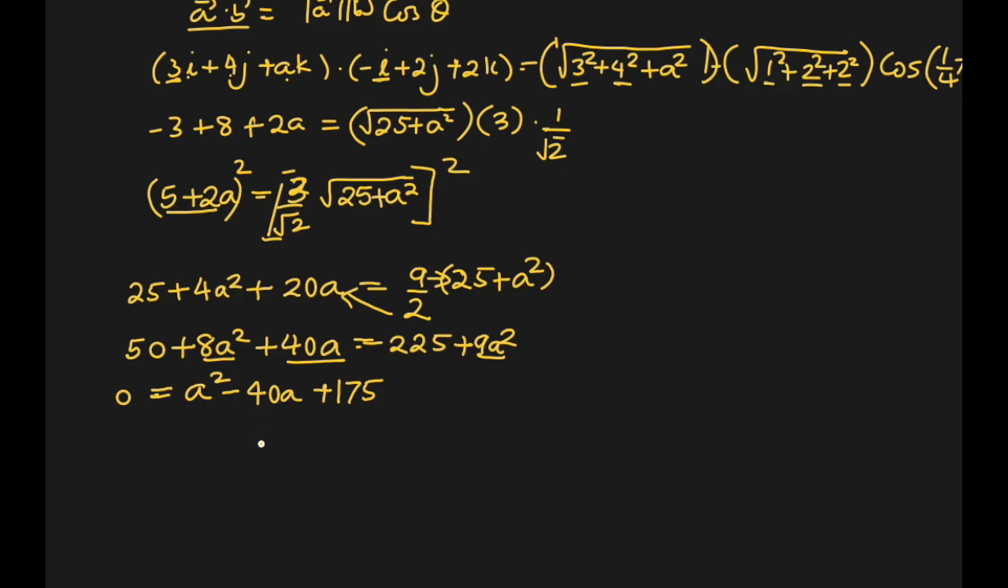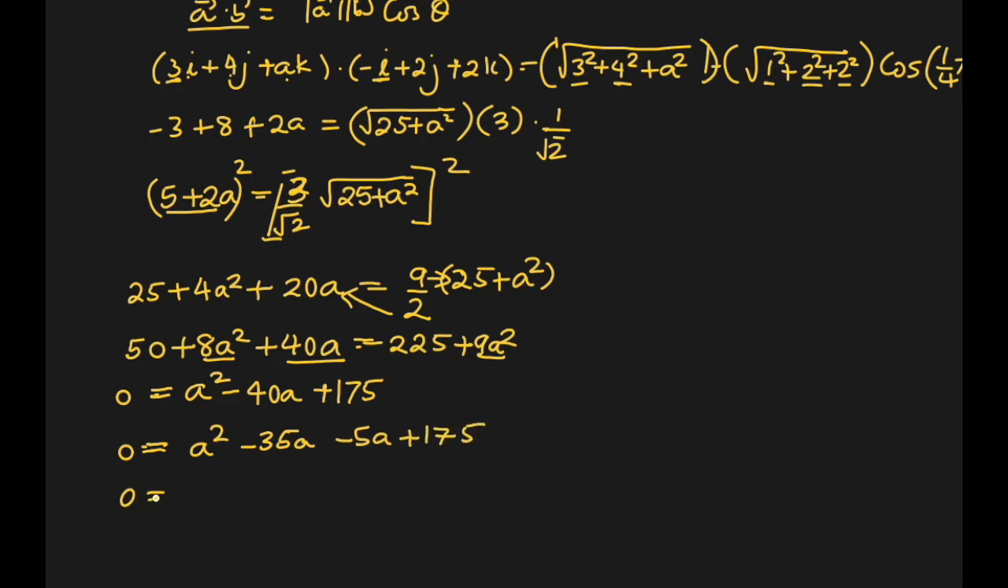This becomes a quadratic equation. So we will just solve this and get our answer. I'll use the splitting the middle term method. You can use the quadratic formula if you're not sure about this. So the 175, its factors are 35 and 5. So that makes it 40. So minus 35a minus 5a plus 175,